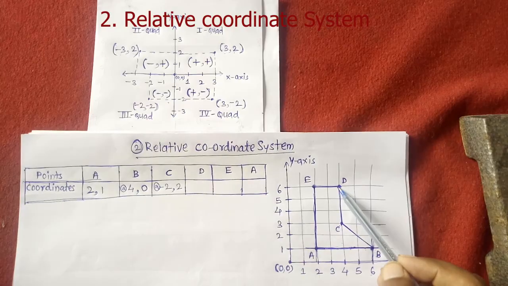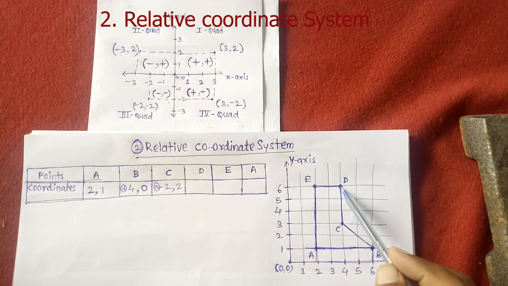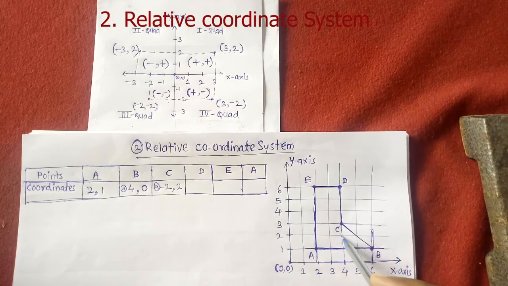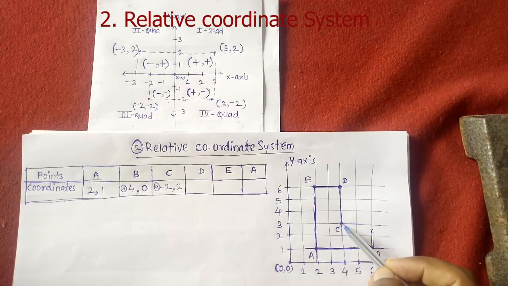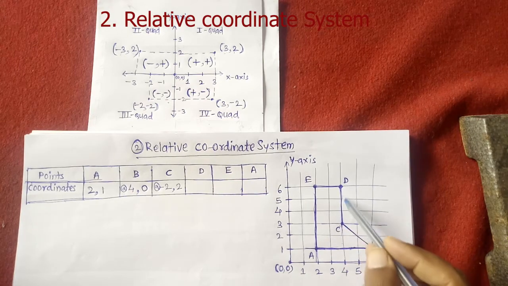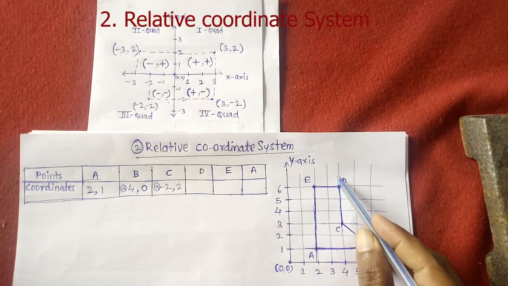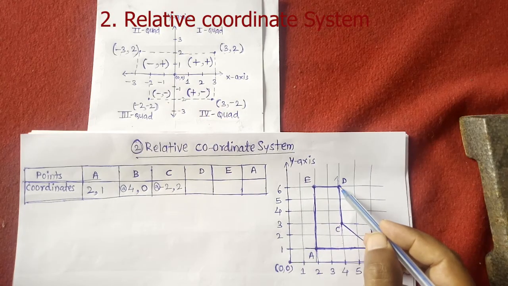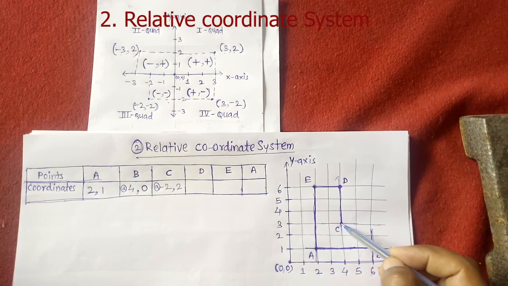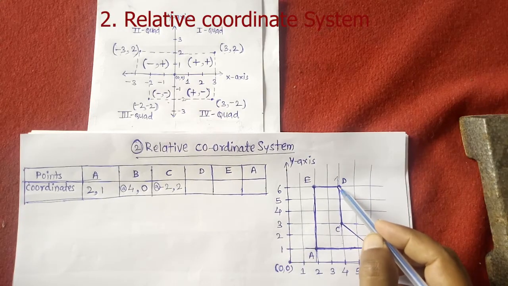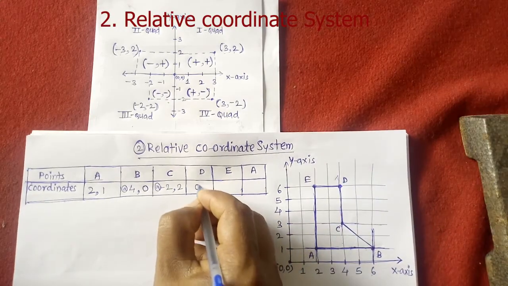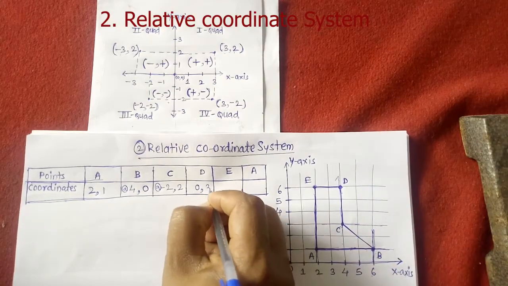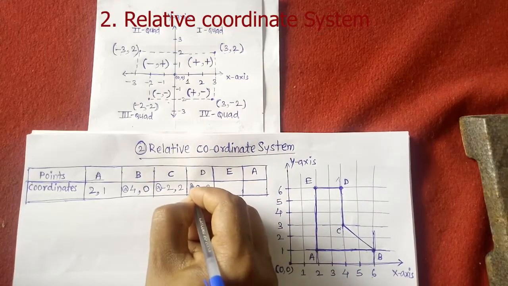Now we have to calculate the coordinate of point D, and to calculate the coordinate of point D, let us consider C as a reference origin. Now C is the reference origin for this point D, and this point D is located on the y-axis of this C origin. So we have only a y coordinate for this D with respect to C, and the x coordinate will be 0. So the x coordinate is 0, comma, the y coordinate is 1, 2, 3. Write down 3 and put the @ symbol.